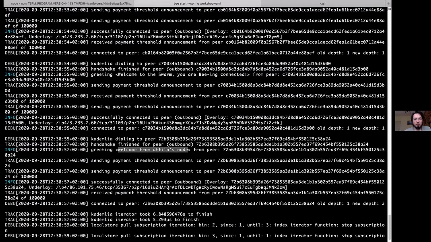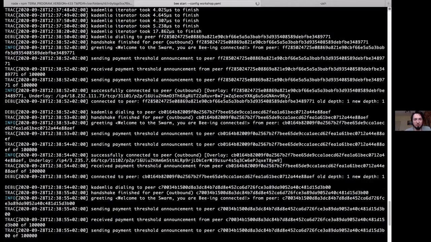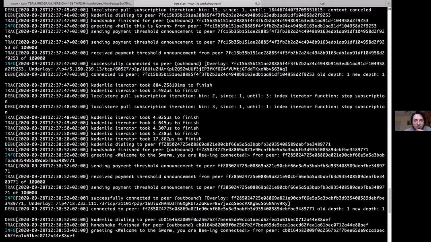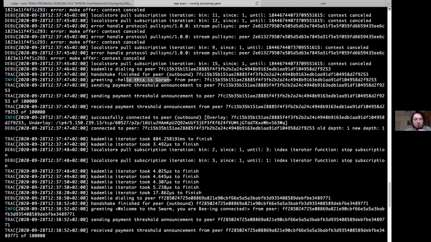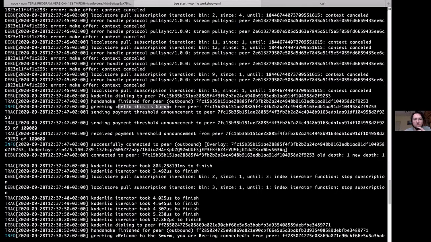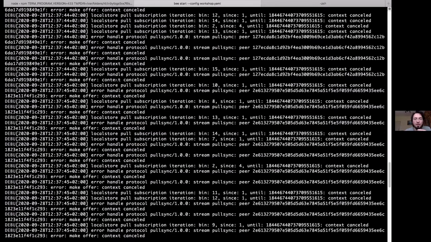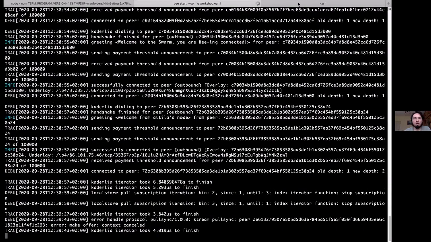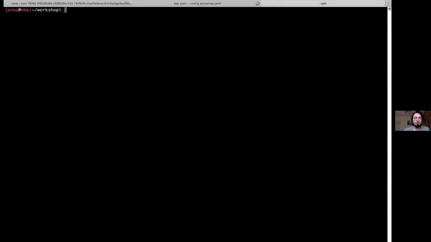So let's see if there are others. Yeah, from Goran. So this is very nice. And let's leave the node running. We will now just look at what our connectivity is. So we have our debug API,